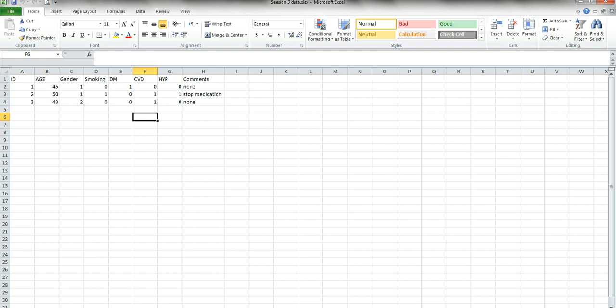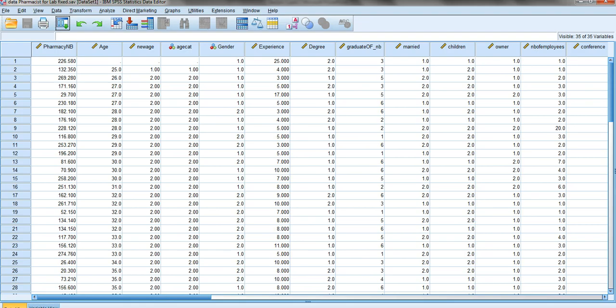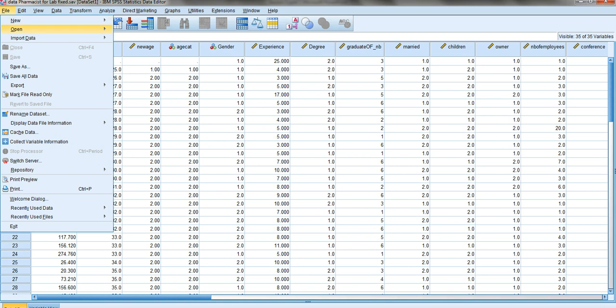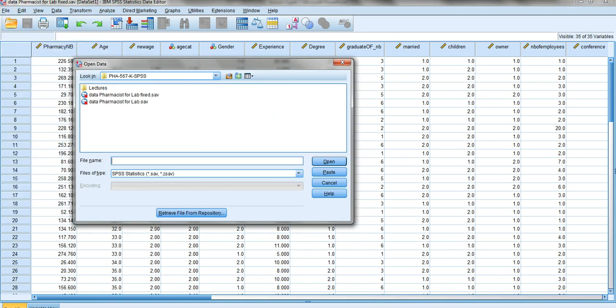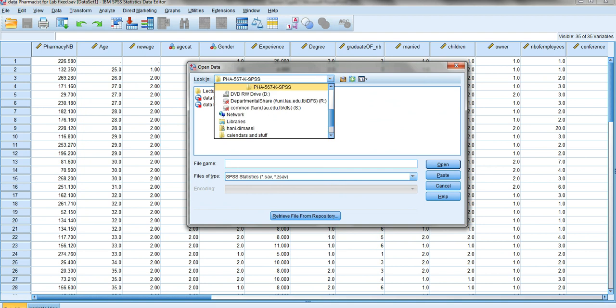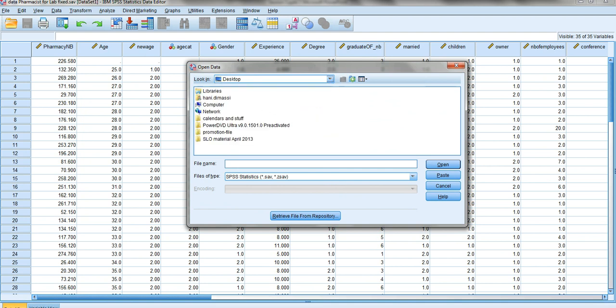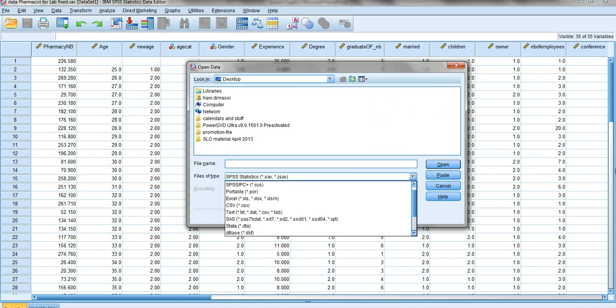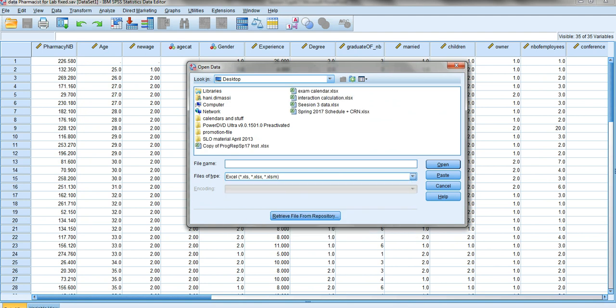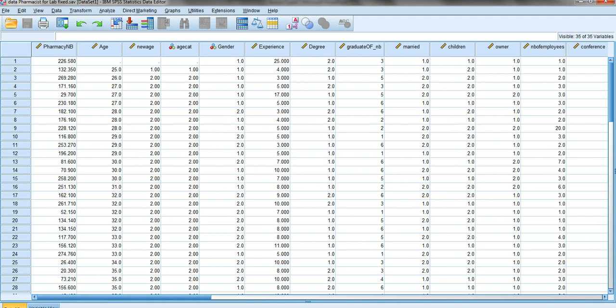And what we're going to do is open this file in SPSS. So you have this file saved somewhere on your computer. Mine, I've saved it on the desktop. So I'm going to go to File, Open, Data, and then I'm going to go to my desktop. Next you're going to specify the type of the file, the Excel type. When you do that, you're going to see all the files that are Excel type, and this one is called Session 3. By clicking on Open,